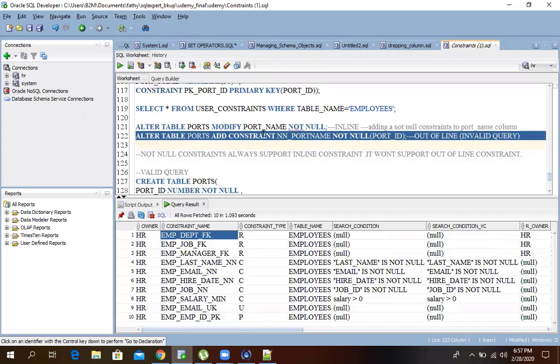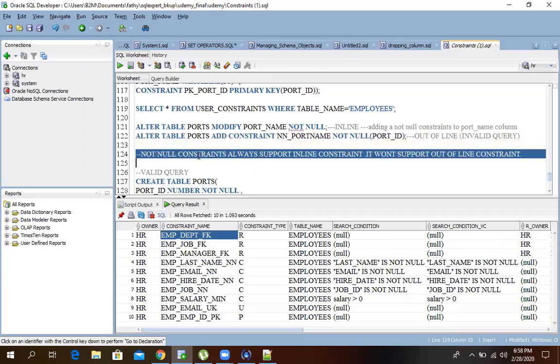If it is a check constraint, primary key or any other constraint, both will work. Not null alone won't support the out of line syntax. Remember this, they will ask it in choose the best answer. Not null always supports inline constraint, it won't support out of line constraint.